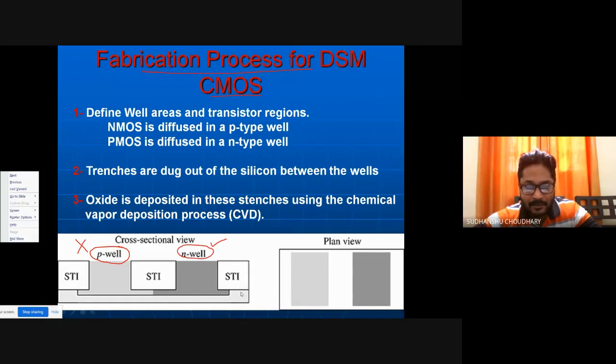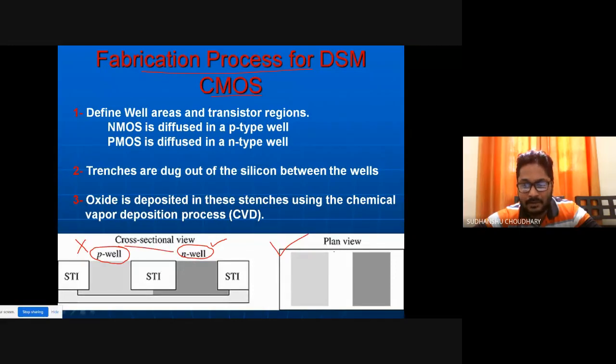Similarly, for the edges of the N well and P well to the substrate, insulation can be provided by digging a hole and filling it with an insulator layer. This process is called shallow trench isolation, and it is a part of the manufacturing process. But since the P well process, as I said, is obsolete, only the N well process is used.